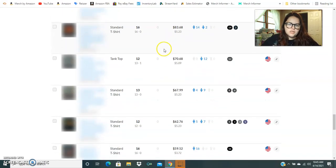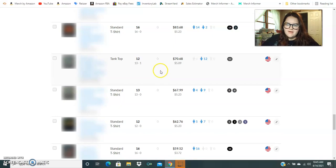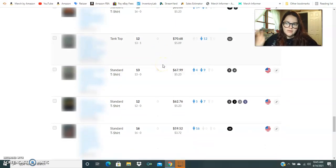Got another standard shirt, another standard, and then a tank top here sold 12 times to make me $70. So think about how you can add some of these tank tops to your portfolio. I can see tank tops have been selling for me at $19.99 and even $22.99 or $22.95, just whatever you